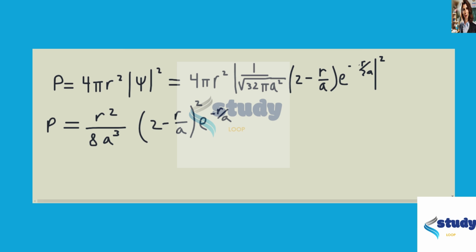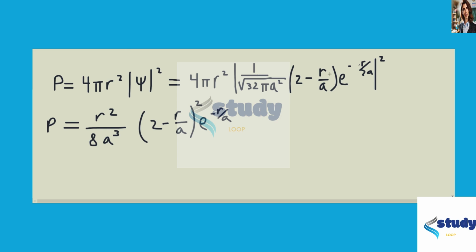Here we are considering a hydrogen atom in the 2s state. For a hydrogen atom in the 2s state, we want to know at what value of r the probability P of r is maximum, and how does that compare to 4 times the Bohr radius, which is the n equals 2 state for the Bohr model. So the probability P is equal to 4 pi r squared times the wave function squared, where we